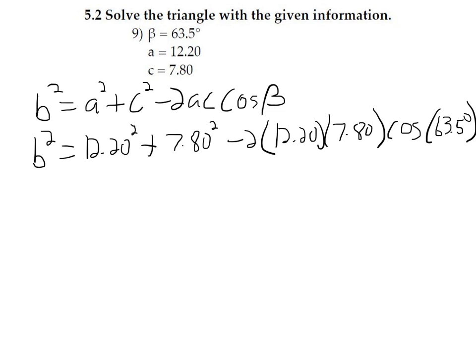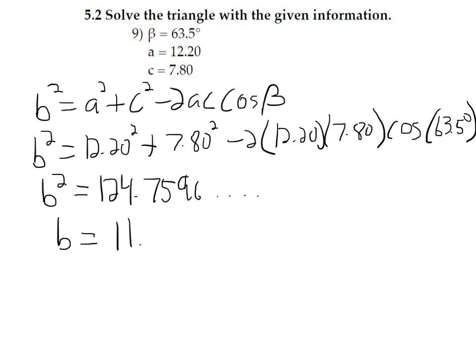Now when we work out the right side, we get B squared equals 124.7596 dot dot dot. Now it's important that you are in degree mode since we're given beta in degrees, and furthermore since we have b squared we need to square root this. Don't square root 124.76 or anything like that. Square root the entire piece in your calculator, and when you do that you end up with b